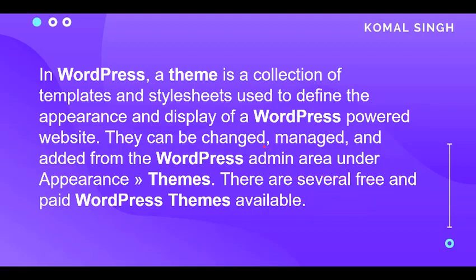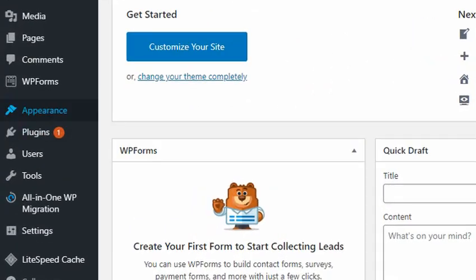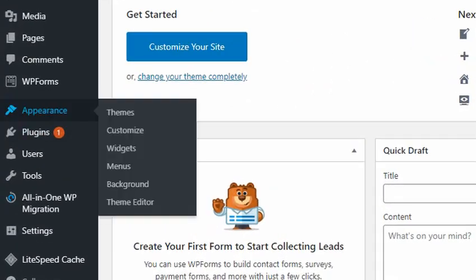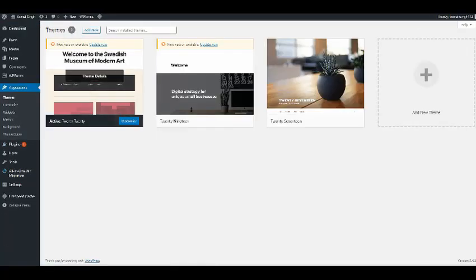So let's go to our dashboard. Okay guys, here we are on our dashboard, and here is the Appearance section. As I said in my previous lesson, I would explain it in my forward lessons, so this is the one. In the Appearance section, the first option is Themes. Let's click here and we'll get ample themes.